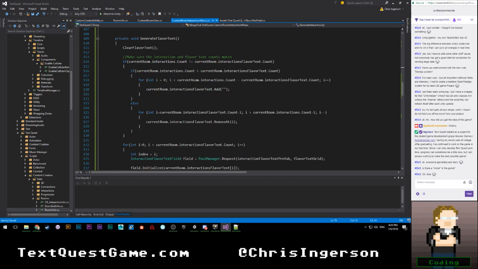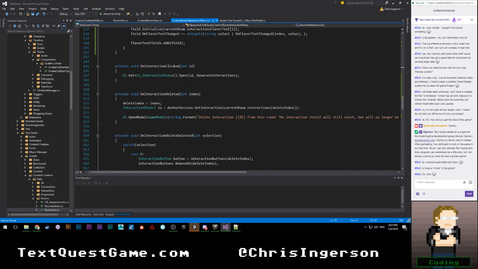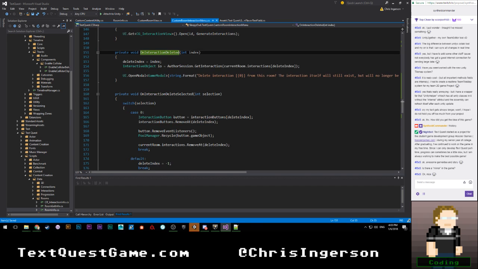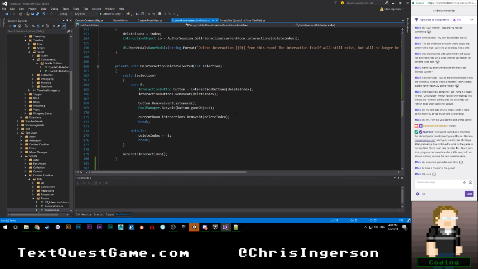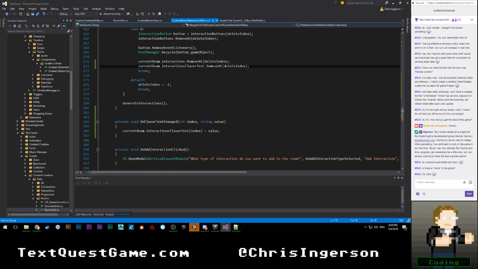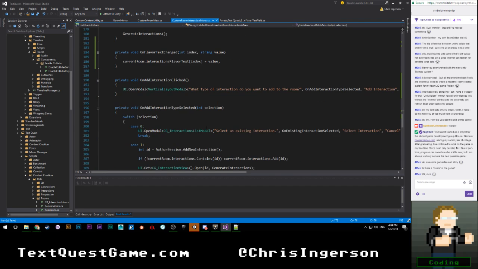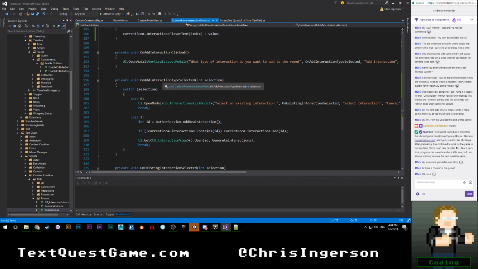So something else that I do need to do here is when an interaction is deleted, we need to make sure that we also remove its flavor text. So we're going to go ahead and say current room dot flavor text dot remove at delete index. So that should be good. And we pretty much want the exact same thing when we add it. So when we add the actual